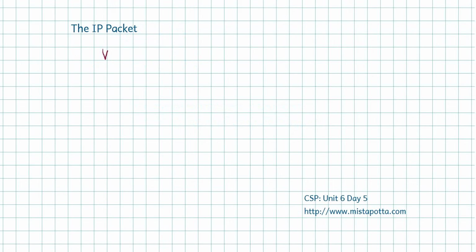The first thing you're going to see is the version number. And we talked briefly about how we have IPv4, which is a 32-bit addressing system, and then we have the new one that's currently in progress, the IPv6, which is actually a 128-bit addressing system. So for most of the internet that we're going to see, our version number is just going to be the number 4. And of course, keep in mind that all of these values are being written in binary, so this is written as a 4-bit binary number because we don't anticipate having a version much larger than 15 in the